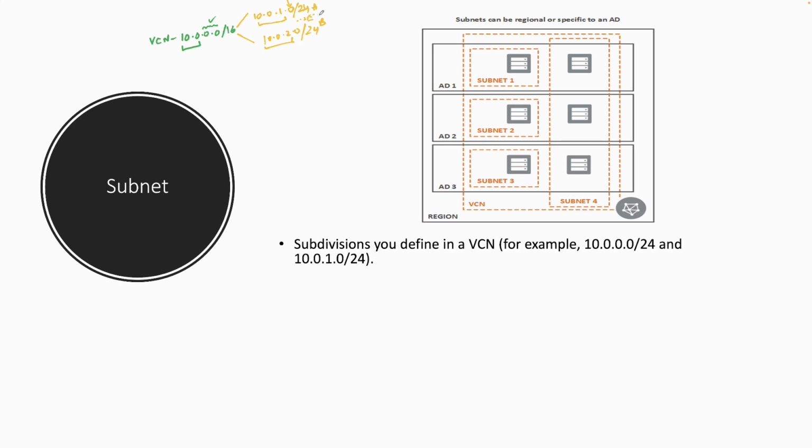So it says it is a subdivision you define in a VCN, right? As I just explained here, this was my VCN. This is a kind of subdivision I'm doing. And you can create multiple networks, but you will have to change it from /24 to /22, /21. It depends upon you, right? The CIDR notation that you're giving. So a subnet is a subdivision you define in a VCN, for example, 10.0.0.0/24 and